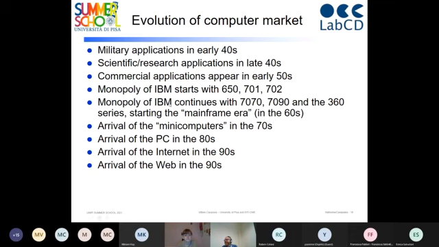But from this, it's important to keep in mind these 2 points here: the early 70s with the arrival of the minicomputers, and the early 80s with the arrival of the PC, because those are really the 2 things that completely changed the landscape of the computer world and the computer usage. I have, just for the benefit of us, since I was not there,